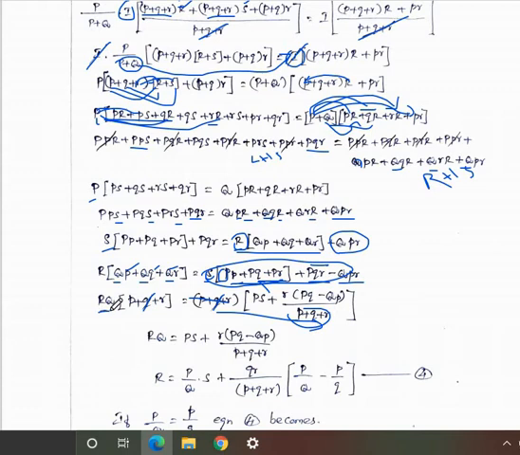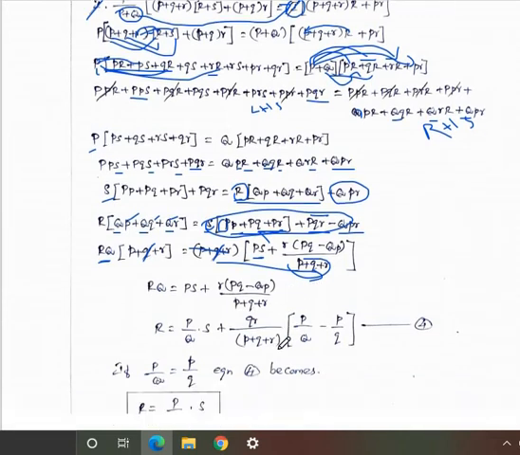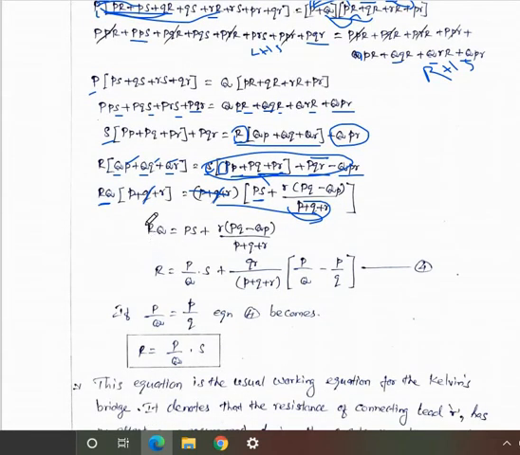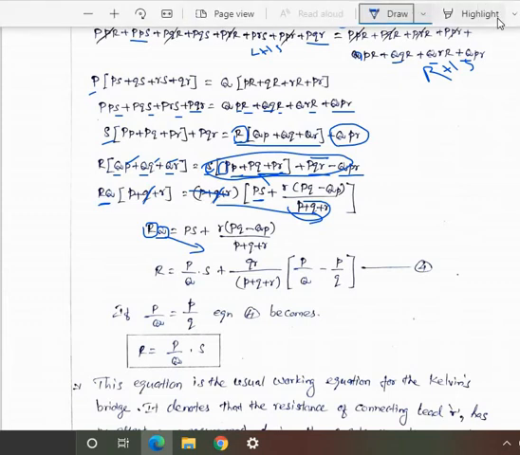So here capital RQ, and here capital PS plus R into capital P small q minus capital Q small p, divided by p plus q plus r. Okay, so we need the value of the unknown resistance R, so that Q should go to the denominator here. On the left hand side it goes to the denominator, so here PS divided by Q. One step I have to skip and write, and I have to explain how it came into this format.